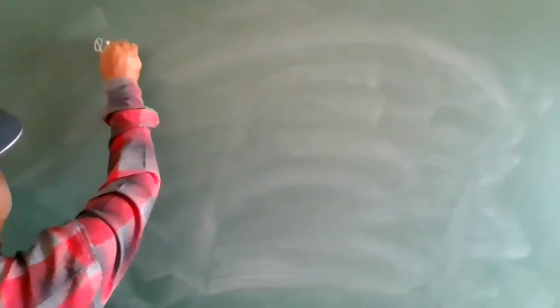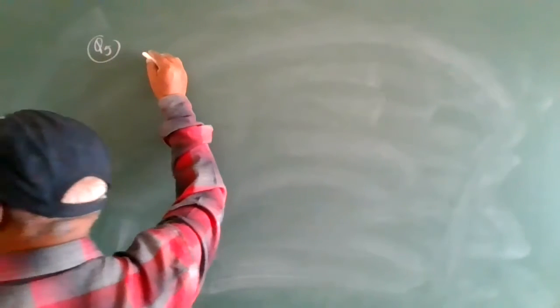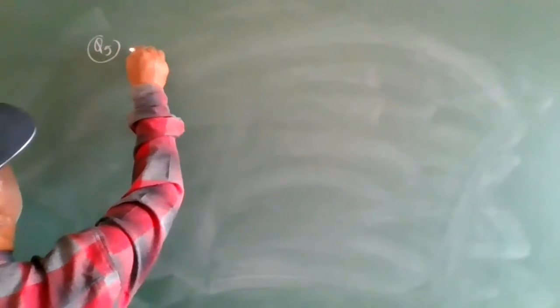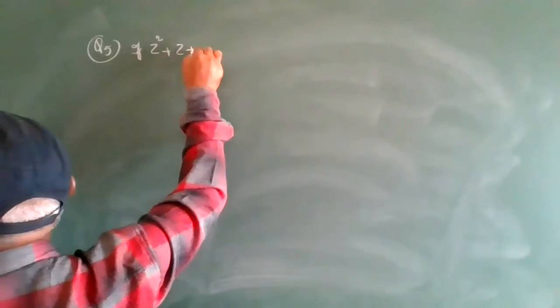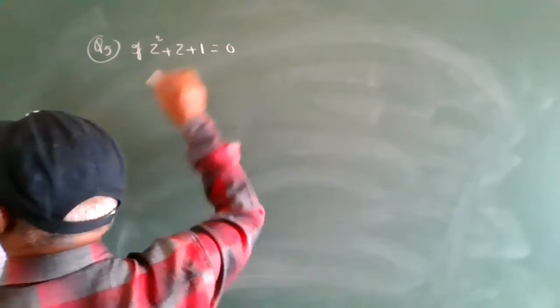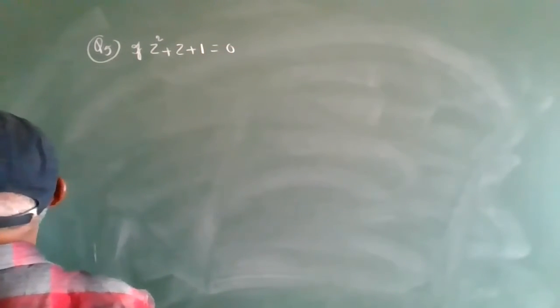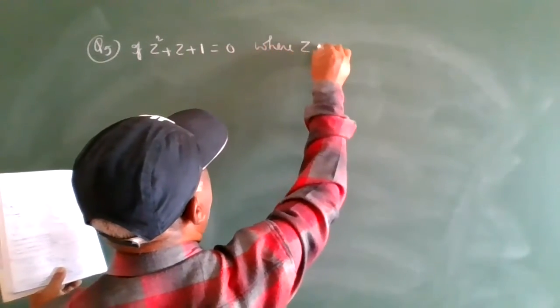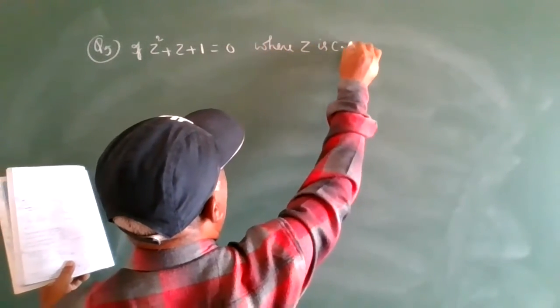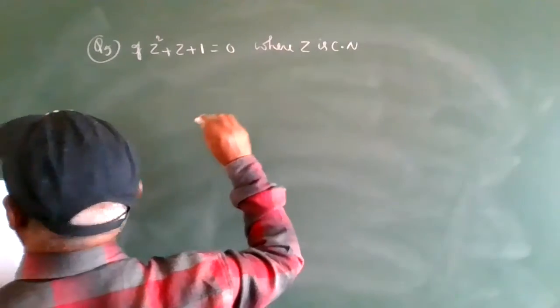Right. Observe question number 5. Question number 5 is: if z square plus z plus 1 is equal to 0, where z is a complex number, then